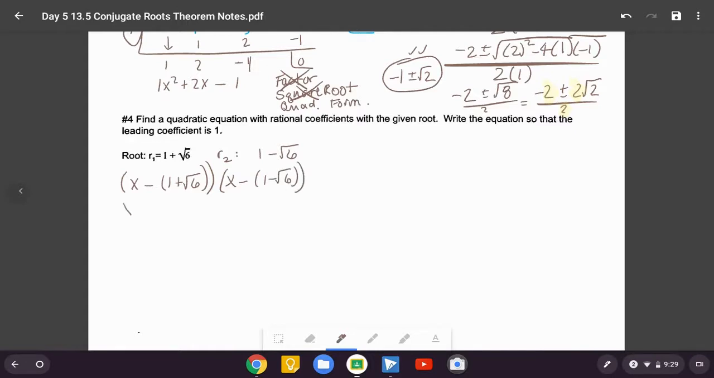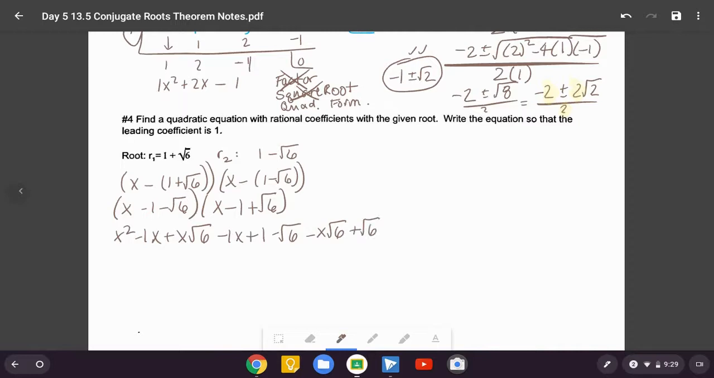All right, so let's distribute that negative sign, and then we're going to multiply our 2 quantities together. So I'm going to distribute my x. I get x squared minus 1x plus x root 6. And distribute my negative 1. I get negative 1x plus 1 minus root 6. And I'll distribute my negative root 6. That gives me negative x root 6 plus root 6